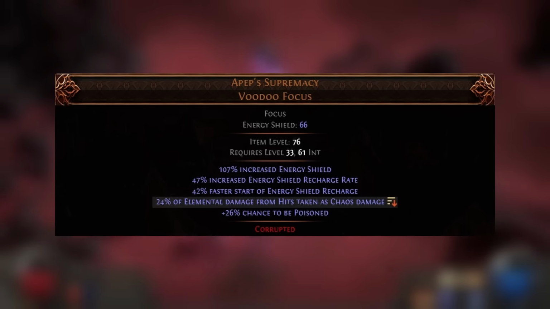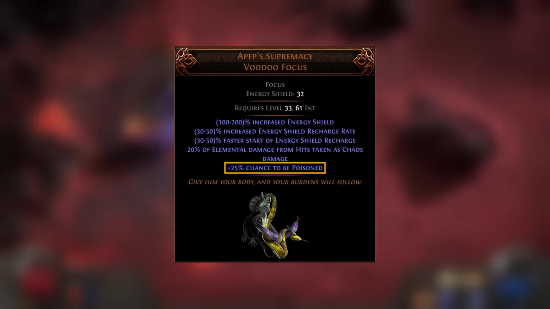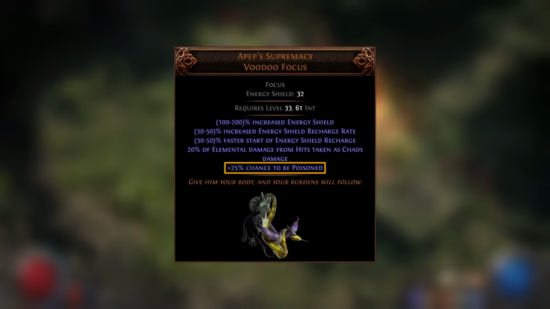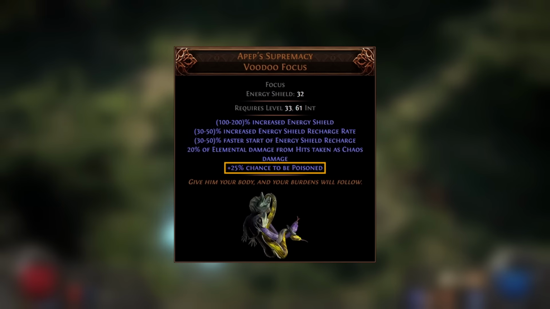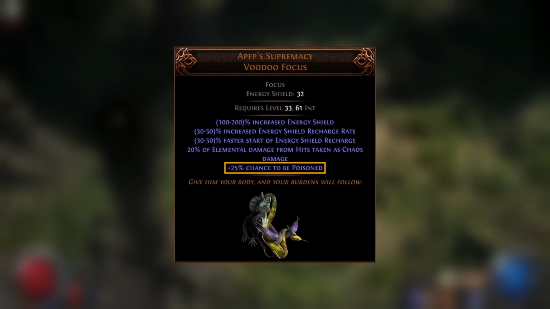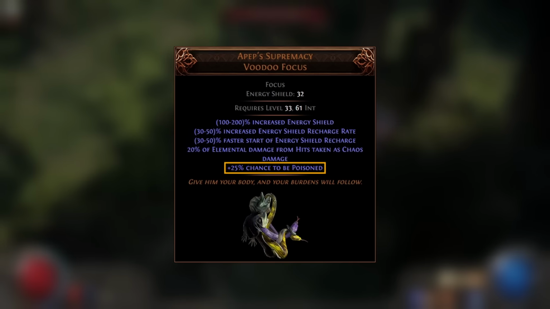That is insane. Now, Apep does have another modifier which serves as a downside for the most part, plus 25% chance to be poisoned. The crazy thing here is that whilst poison in PoE2 does bypass energy shield to deal damage directly to life, it still deals chaos damage, so you're immune to the damage if you're using CI, and therefore you don't care about being poisoned. This modifier may become more useful in the future, however, if new uniques or mechanics are added to take advantage